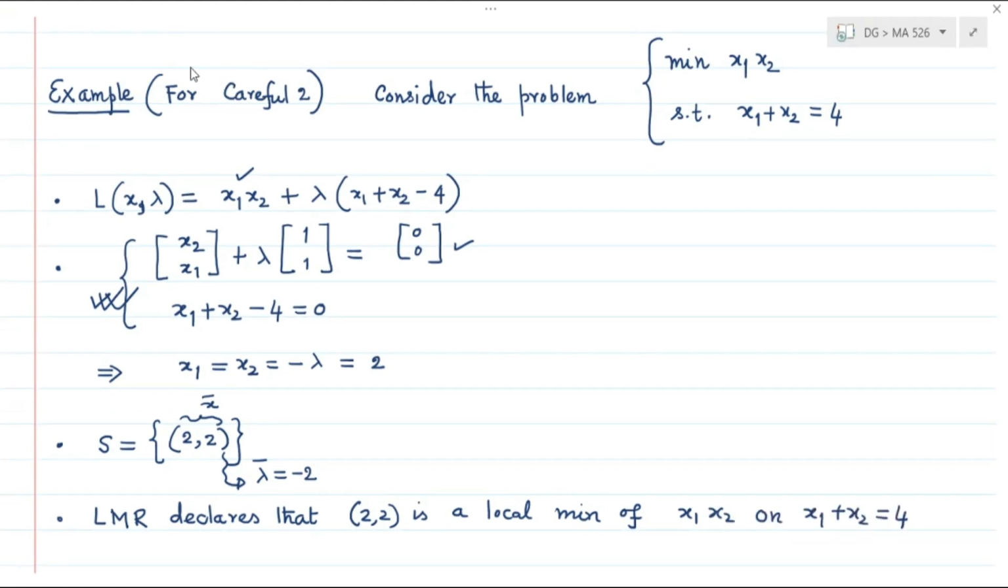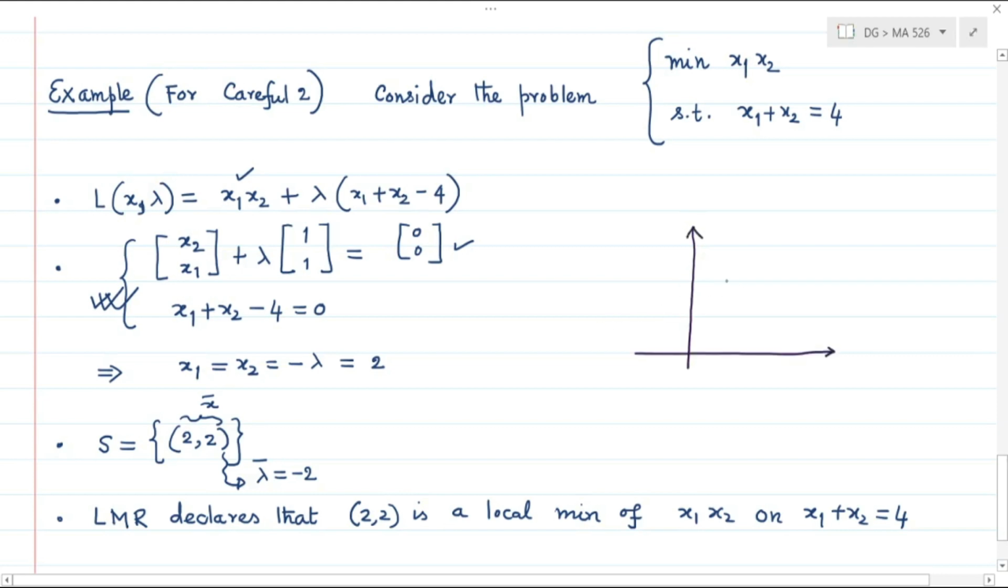By Lagrange's method, this is the conclusion, right? That (2, 2) is a local minimum of the function x1 x2. Now, is it really true? If you just geometrically try to see what your constraint set and your objective function are, then you